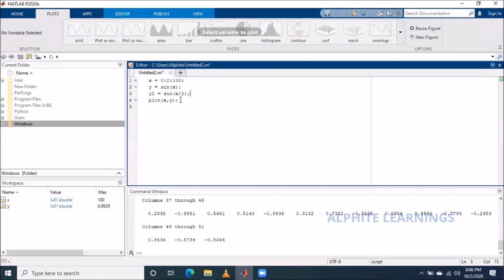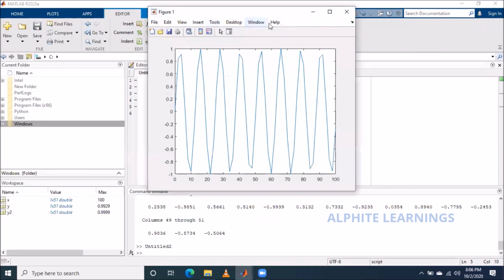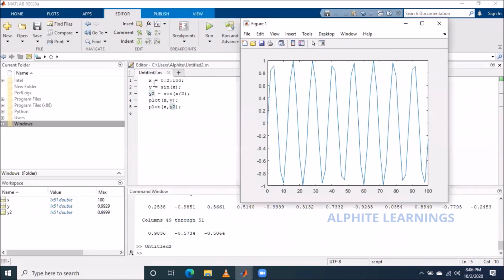If I plot another graph, let's see what happens. Let me run it and show you what happened here. It gets the value of x, the value of y, and then the value of y2.